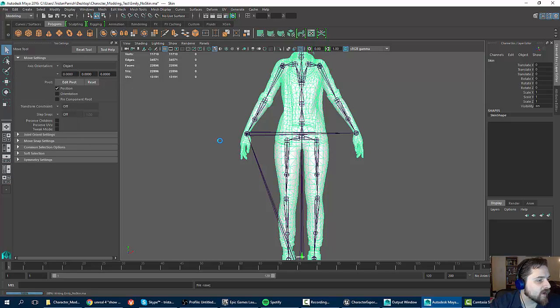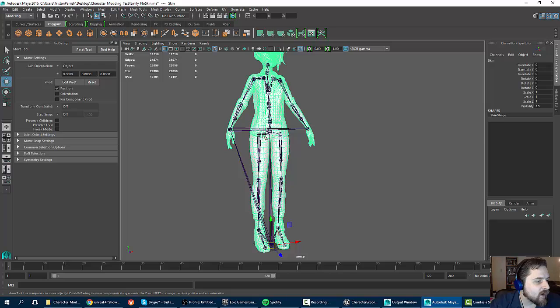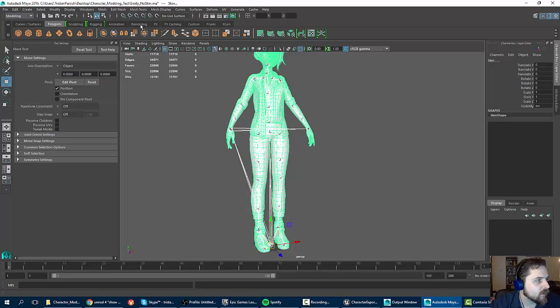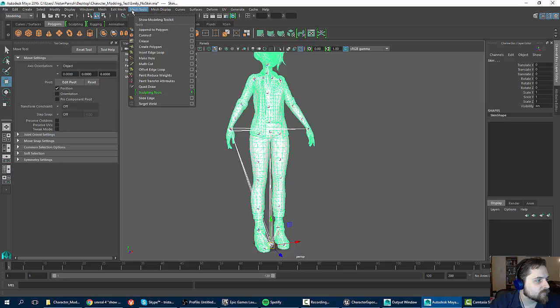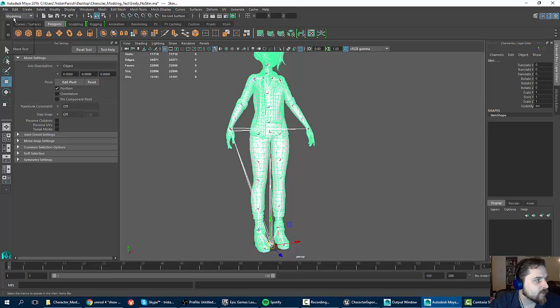We've got our basic skeleton here that we can start working with. Let's go ahead and rig this up. There are a few options for how to do this, but there's one that's probably the quickest. So I'm going to go to the animation tab,